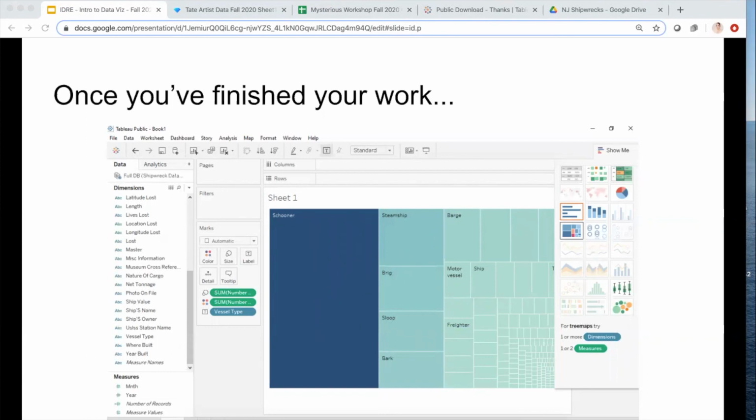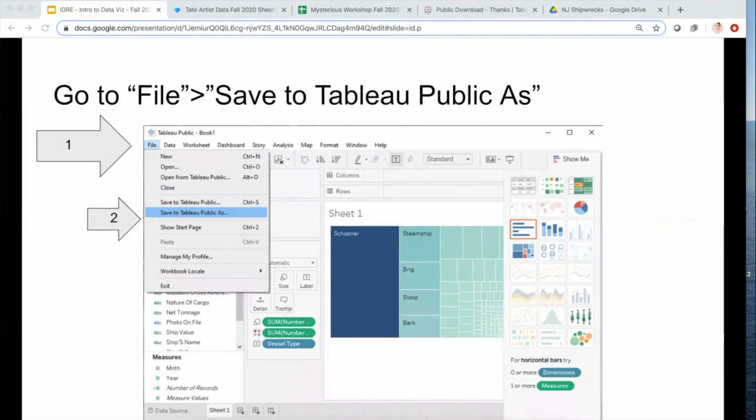And once you've finished your work, you can export and embed dynamic visualizations into your web pages and such. So another great aspect to Tableau is that it exports really easily and embeds really easily, and you can get dynamic visualization embeds, which are so great for websites, right? Everybody likes a visualization that they can actually interact with themselves, and that's what Tableau Public allows you to do. So the way that you do that is you go to File and Save to Tableau Public As. So File, Tableau Public As,